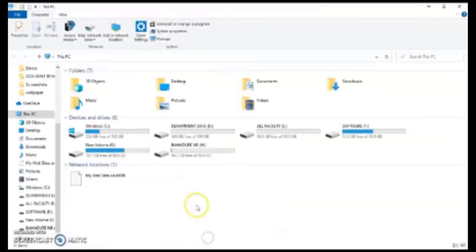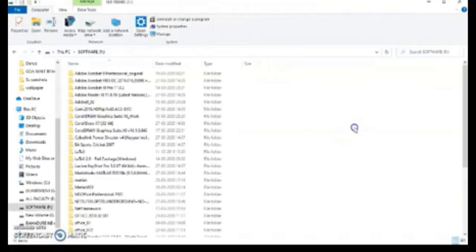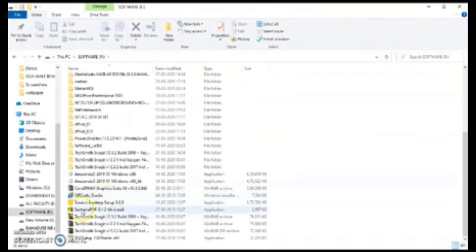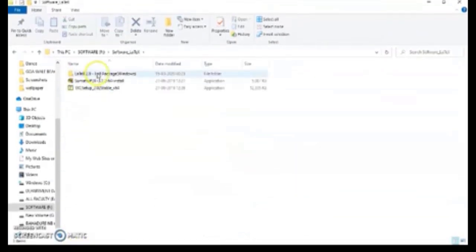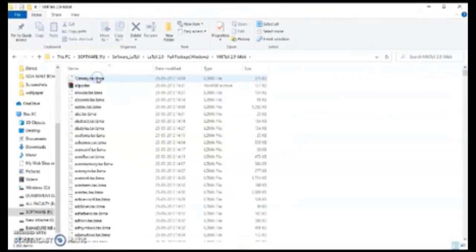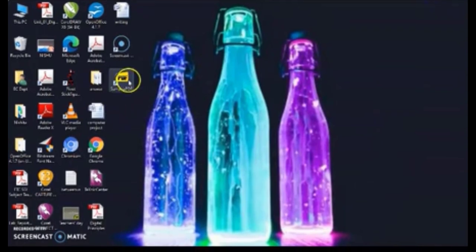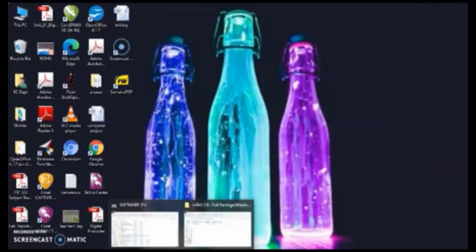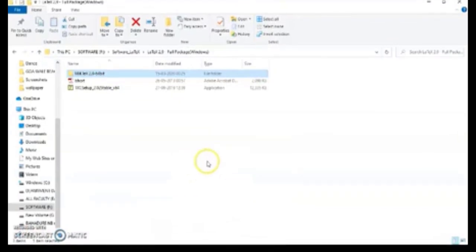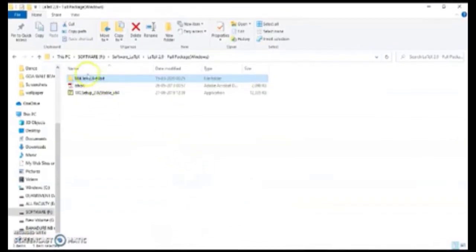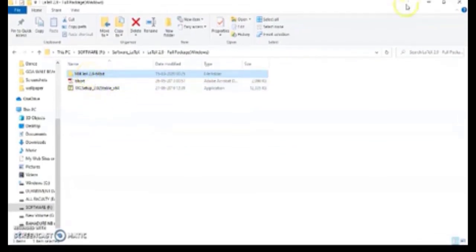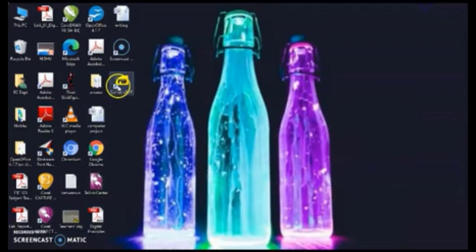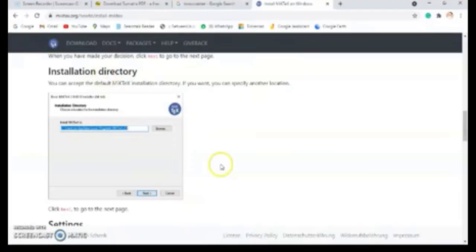Now I have already done this, so I will show you that. This is the Sumatra PDF, this is TeXnicCenter, and this is the full version of the LaTeX software. Sumatra PDF is already installed. Here the flow of installation of software is very important, because you have to link this MiKTeX with the TeXnicCenter. The order of installation is first you have to install the Sumatra PDF, then